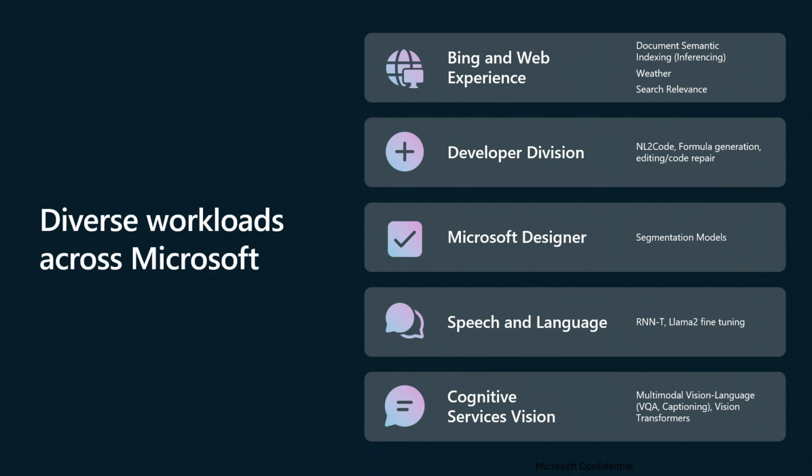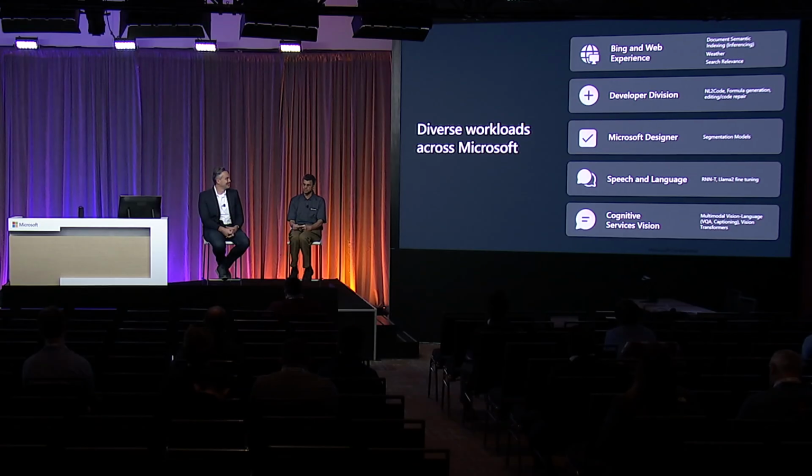So this allows them to rapidly create these models, have some kind of hypothesis, flight them, and then figure out, okay, hey, which button should I tweak to get higher relevance on your search. Developer division, I think they built some NL to code models like Code Llama or CodeT5, generating formulas for Excel, or repairing the code. You generate some formulas, you want to repair those formulas. So all these things are done. I think they've been able to run these models on this AMD cluster that we have.